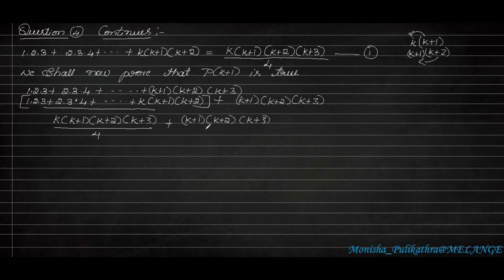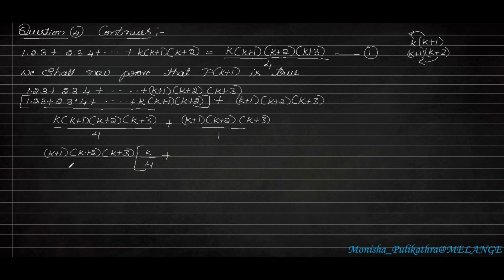So here on both sides k plus 1, k plus 2, k plus 3 is common. So I will take k plus 1, k plus 2 and k plus 3 as common. Here remaining will be k by 4, plus